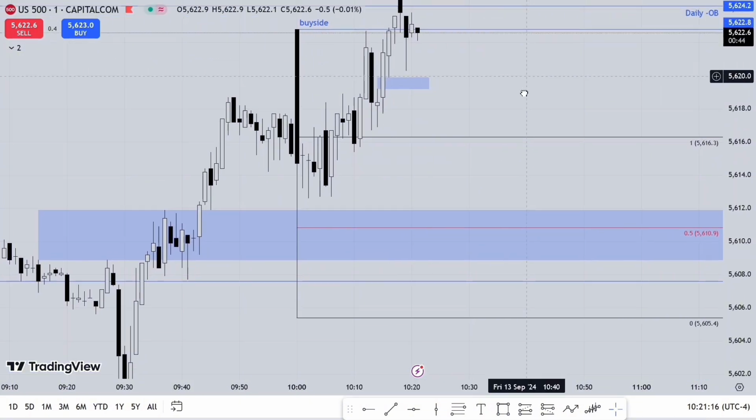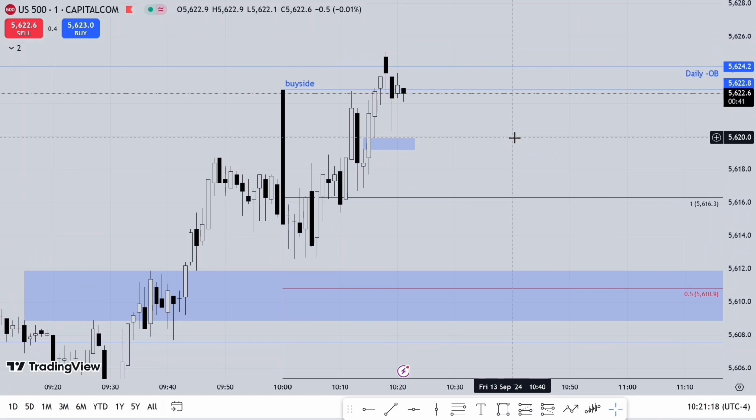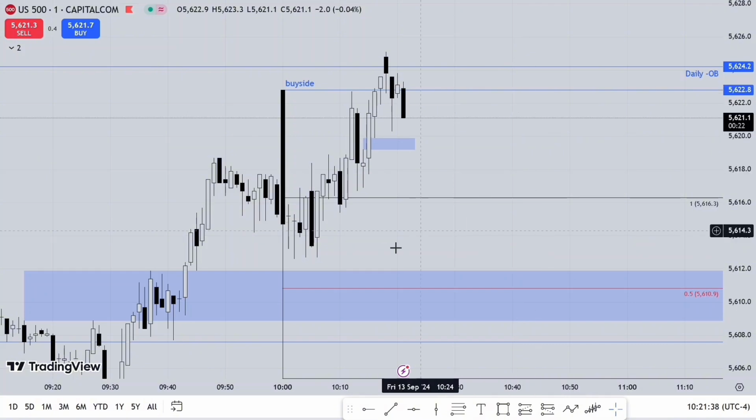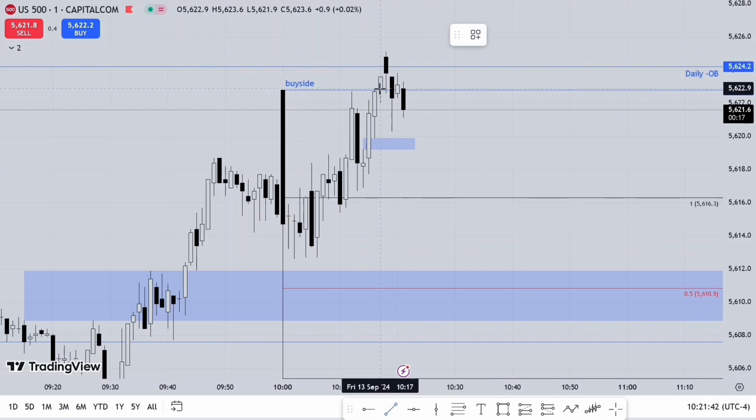From the previous video, top down analysis, we indicated that the lower time frames are subordinate to the higher time frame. So the higher time frames tell the narrative, the bulk of the narrative and the bulk of the story is being told on the higher time frames, because these higher time frames are where the banks, the institutions are participating. So the bulk of the volume is on the higher time frames.